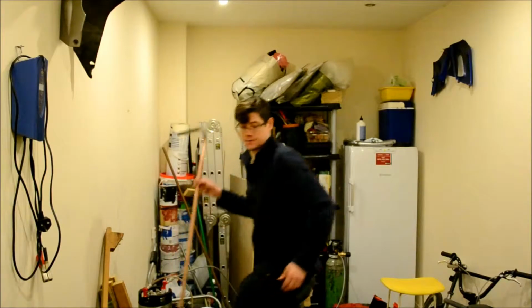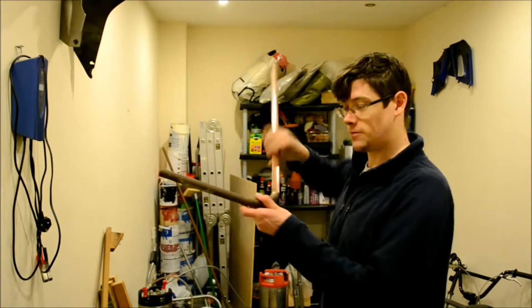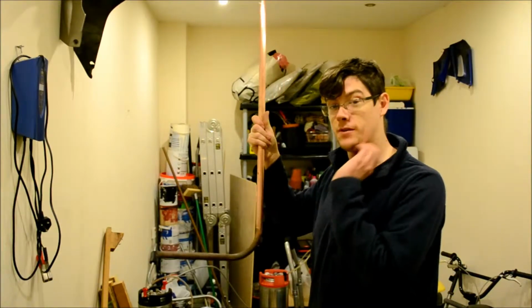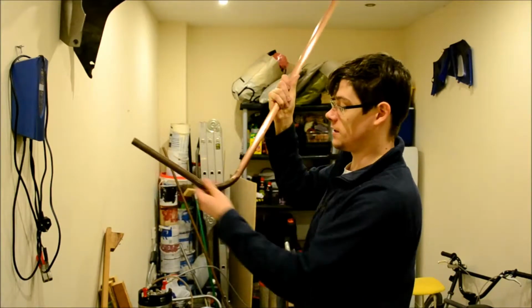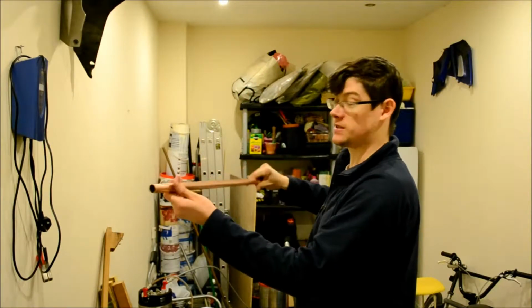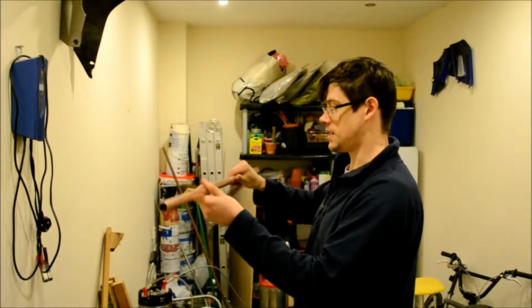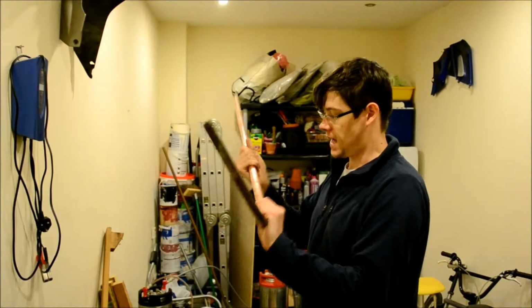it's fallen over. I've actually given this a bit of a clean up. You can see this is copper piping from my manifold from my mash tun. You can see this is what it looked like before. It's actually really easily cleaned up with a bit of sandpaper. I didn't use wire wool or steel wool or anything, just a bit of sandpaper, and it looks really nice. However,